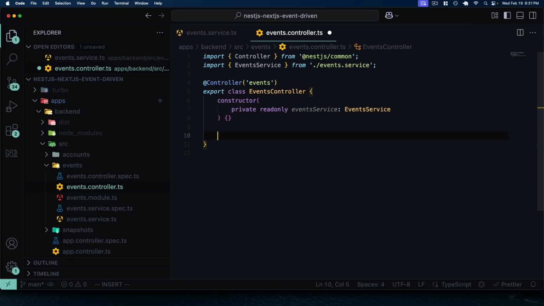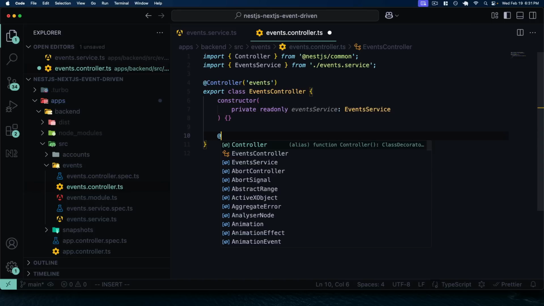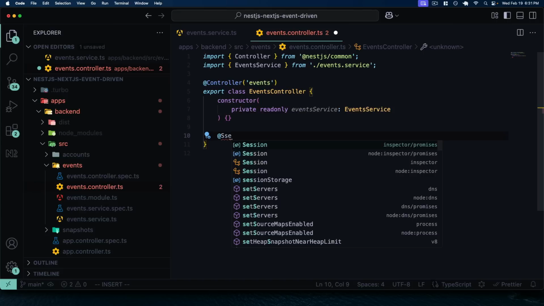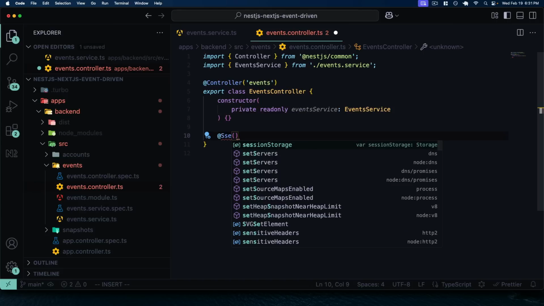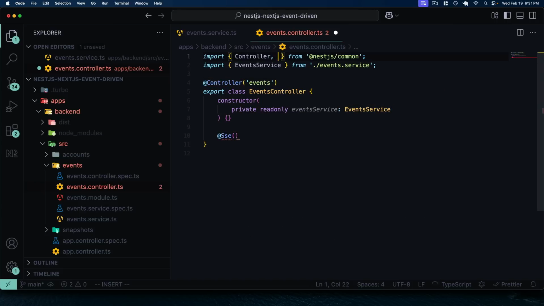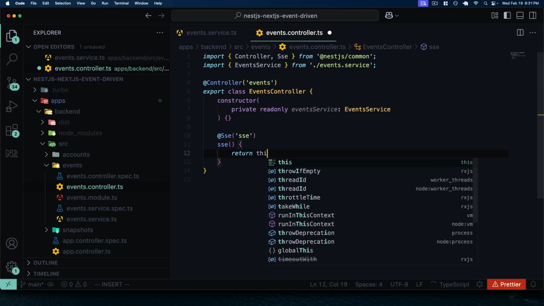And now let's mark a new server-sent event route in our application. To do this in NestJS, we can simply use the @Sse decorator, which is going to mark the route here as a server-sent event route. So make sure we import Sse from NestJS common. And then we can pass in the name here. I'll just call this route sse. The method here, I'll call it sse, returning this